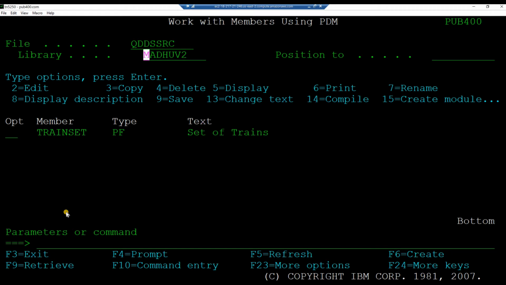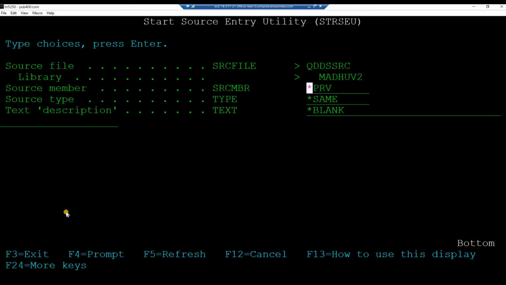The member holding the schema of the physical file train set should be listed. Press F6 to create another member in qdds-src. Key in source member name train upadf, Train update add display file. Key in the source type dspf for display file. Key in the description display file dspf